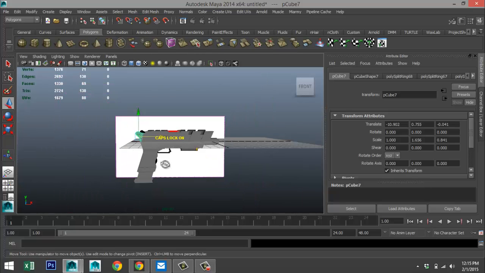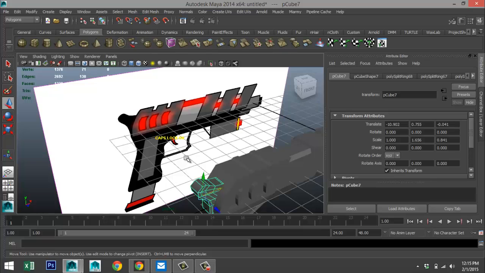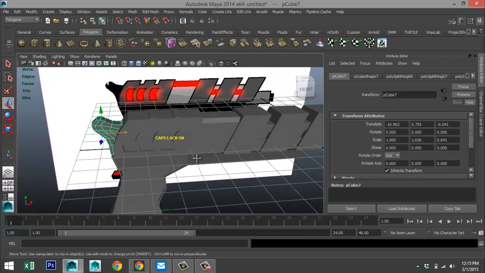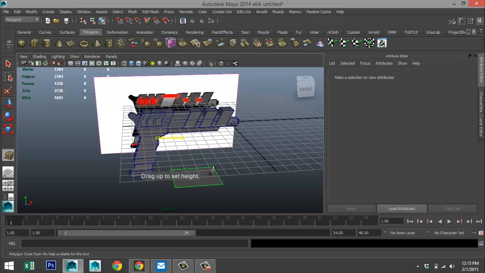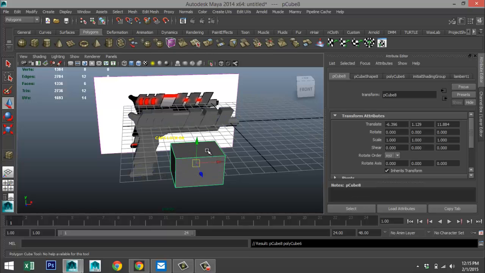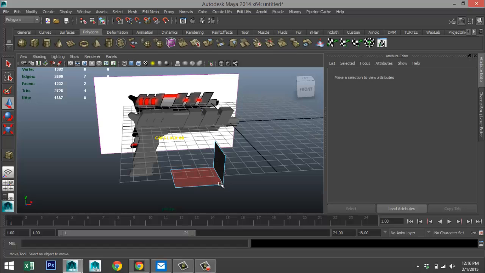We're getting there. So now we have this section here. For that, we will take a polygon cube. We're going to pull that up. Right click face. We're going to start to delete these faces, so we just have that left.